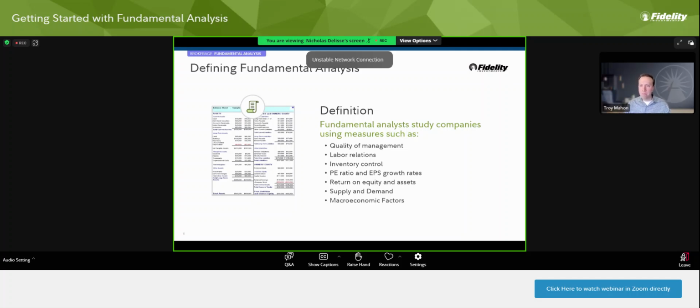continue to go higher. But for people like Buffett and Charlie Munger, they would say, hey, we don't mind paying a little bit extra for a great company, because if it really is a great company, it should continue to do well. It should continue to have earnings and cash flow to grow. It should have a solid moat, right? It should have a barrier to entry so that they can't suddenly have a new competitor, a new company that can enter the market and start taking market share away. So this idea is, we can try to have our cake and eat it too.